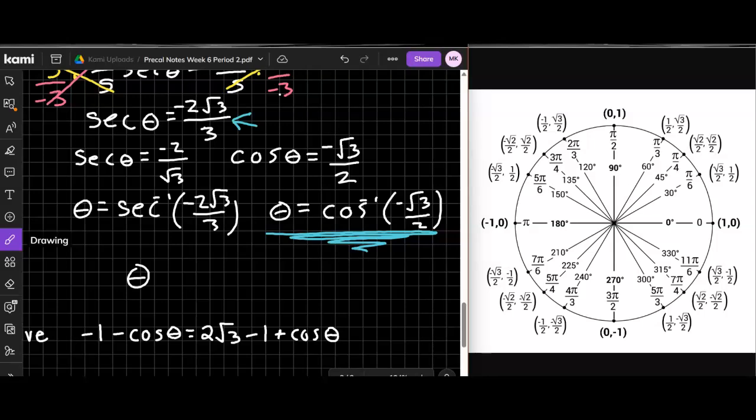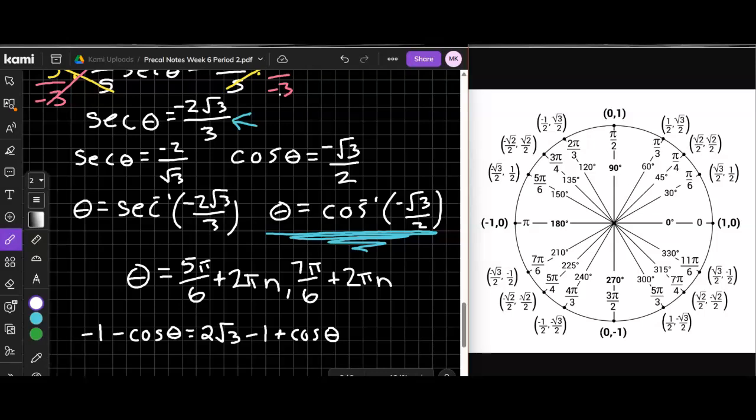Either way, our theta is in the second and the third quadrant. So our theta is 5 pi divided by 6 plus the period of cosine, which is 2 pi times n, and for that third quadrant, 7 pi over 6 plus 2 pi times n. And here we're done. This is the final answer we're looking for, and we can feel confident in that because,